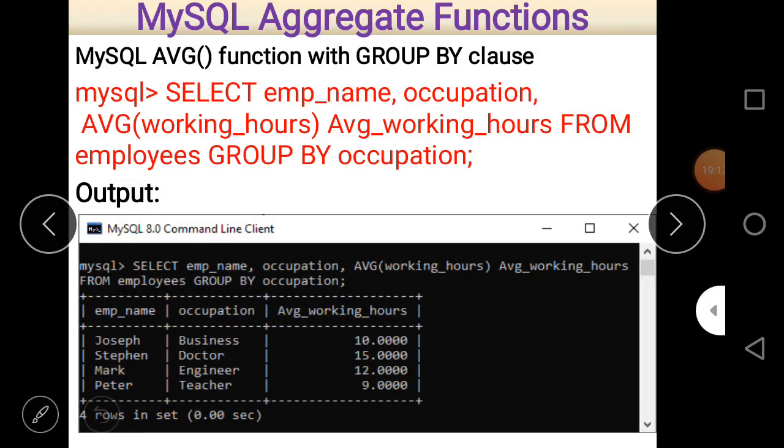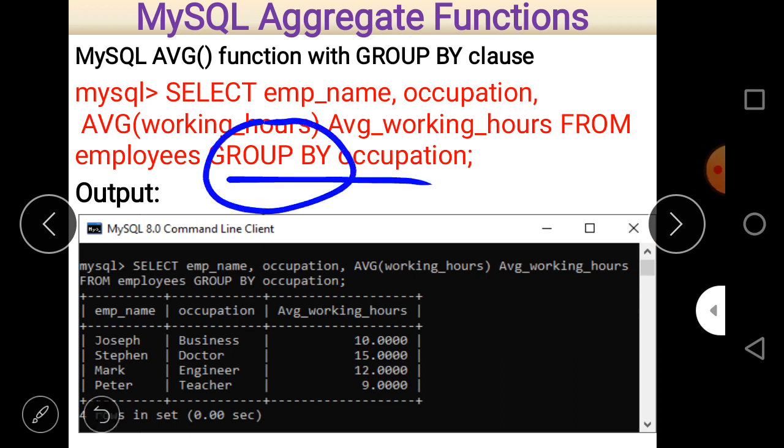Always remember that in the group by clause we always make a group, and with the group by clause, aggregate functions are always used. Whatever condition is given within the average will work with the column name given after group by, that is occupation.